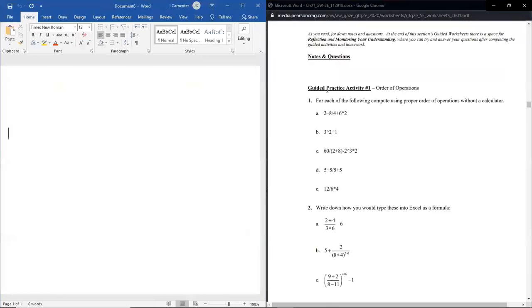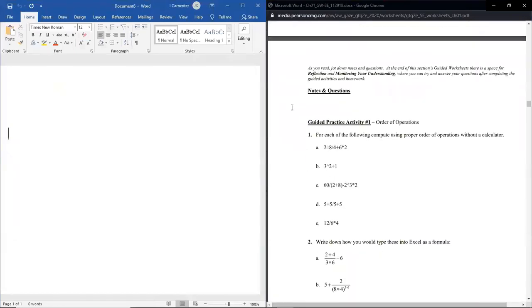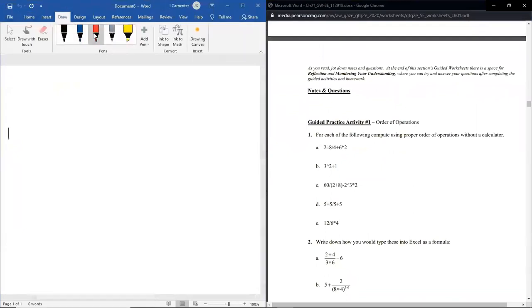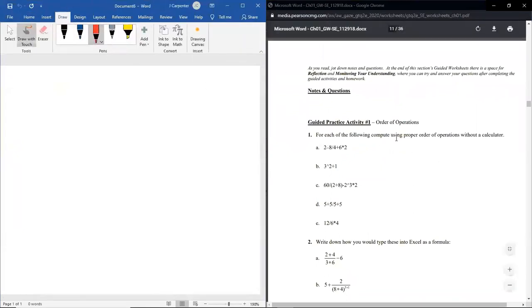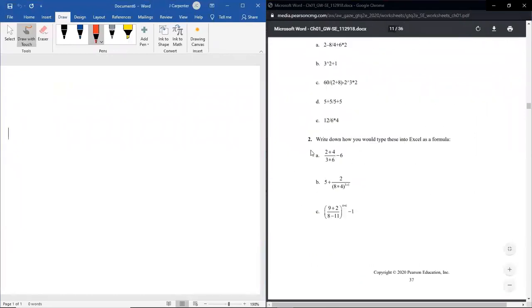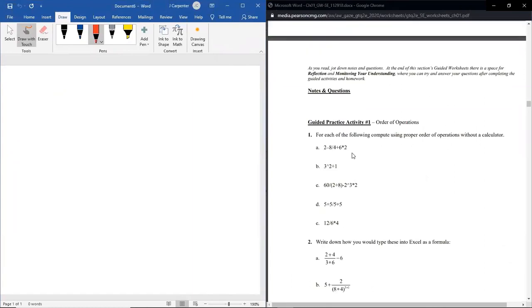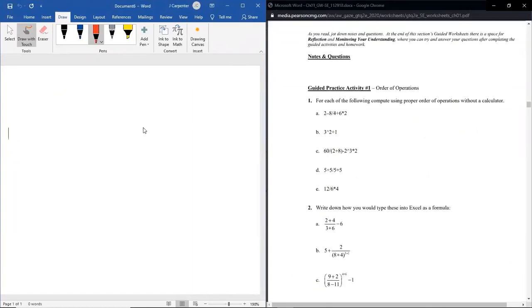All right, so guided activity number 1, page 37. Try and follow along with this. For each of the following, compute using proper order of operations. So some of these I'm going to save, some of these I won't. It's these top ones that I am going to let y'all do, but it's the number 2, A, B, C. I thought there was a D for some reason. Nope, just an A, B, and C. So we're going to do these. I'm going to leave these for y'all. So for number 1, A through E,